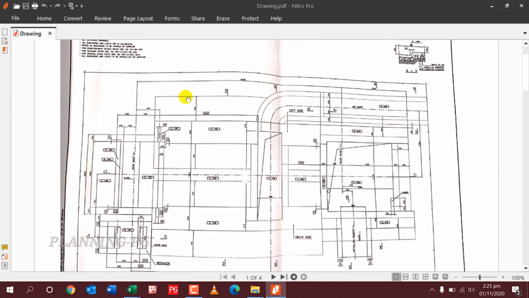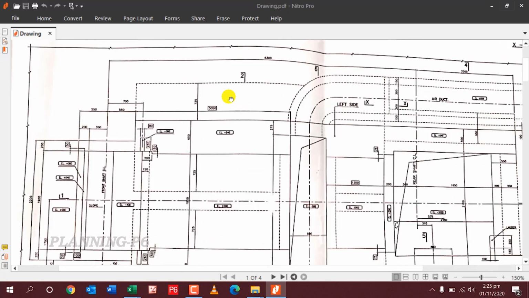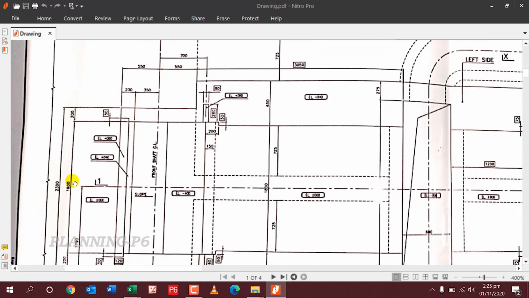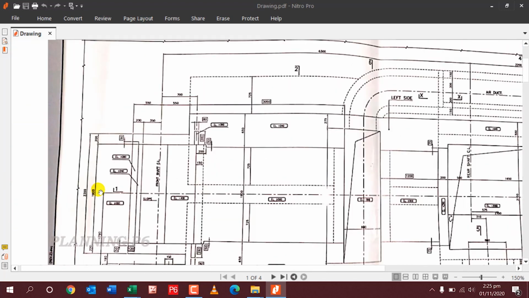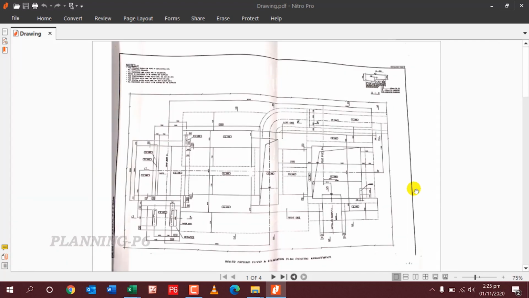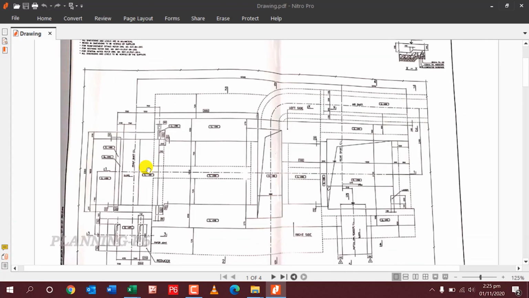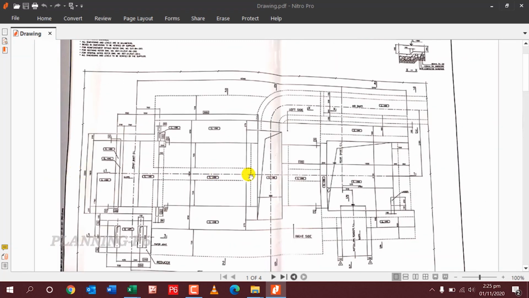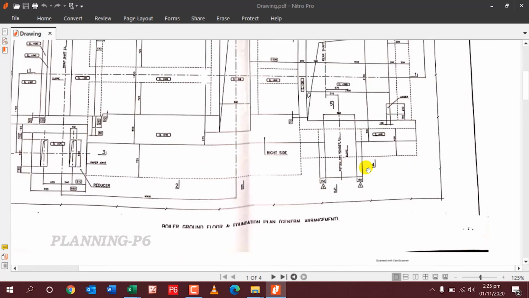From the section you can understand here. This is a section, focus here, section 1 and 1. This is a long section from here to here. So I will go to the next page.